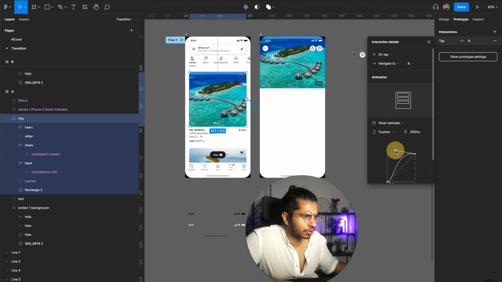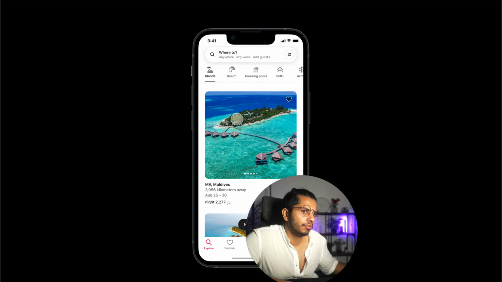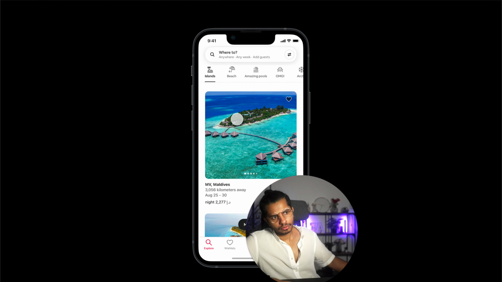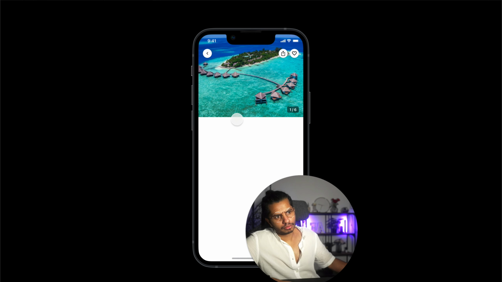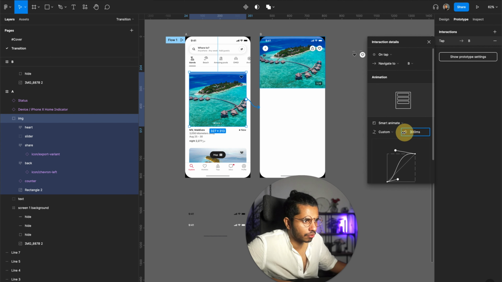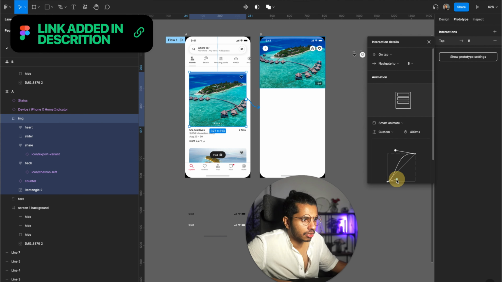Yeah, that is more like, not too much. Also looks a bit better. And if I go back in here and check the previous one I've done, I'm using this. Interesting. I'm starting fast and then ending super slow, and also using 400 ms, which is interesting. If I use, let's say, 400 ms, starting super fast and ending super slow,